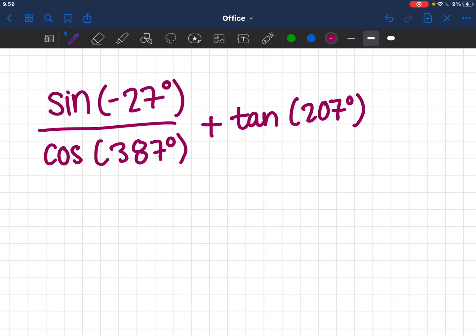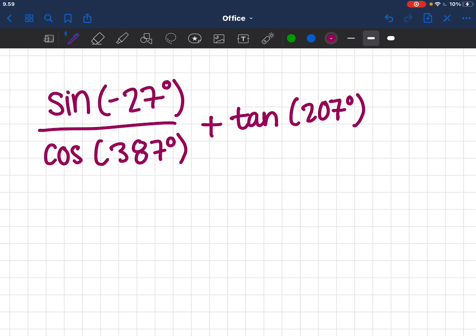Hey guys, so there's a question from 6.3 homework which looked like something like this. It says sine of negative 27 degrees divided by cosine of 387 degrees plus tangent of 207 degrees. To be honest with you, I had to look this up as well because it's not as obvious as we think. Like, if it were sine of pi or cosine of pi plus tangent of pi, that would be